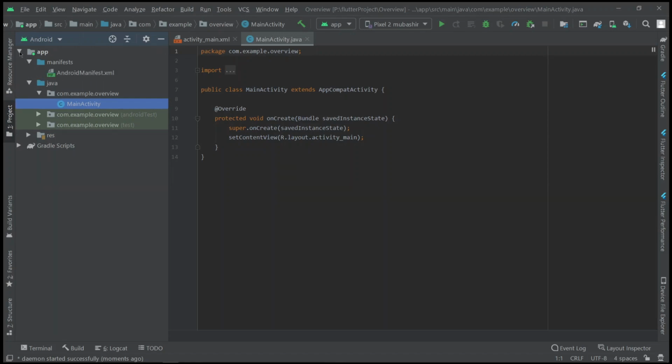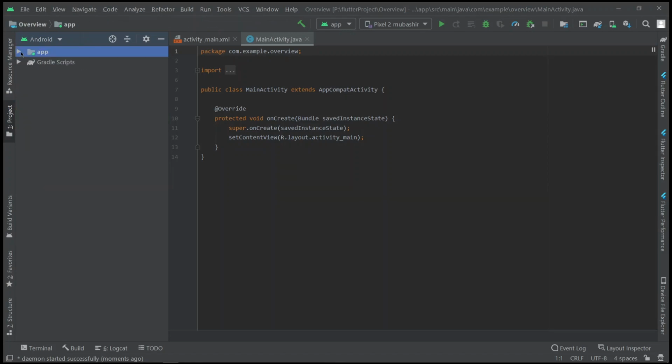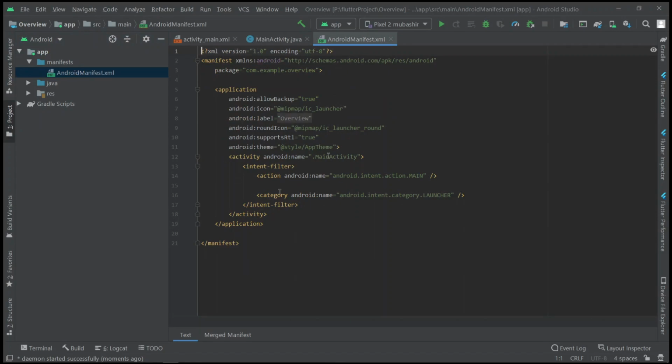Okay, so now in this app let us go to the manifest folder first, and here let us check what this is. So here you can see some code, and this is some backup. If you want your app to have a backup, here you can change this to true or false. Here you can give the icon, which is the logo of your app, and here also this is the round icon, and this is the app name or the label which you can see on the app bar.